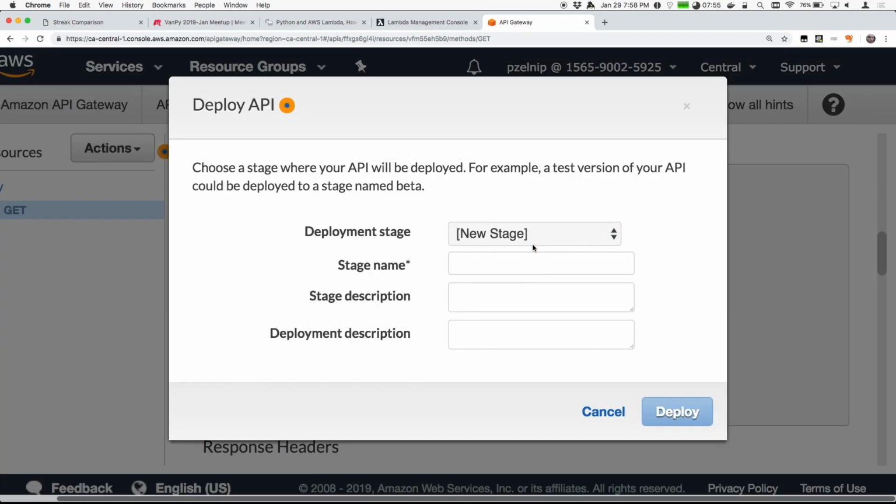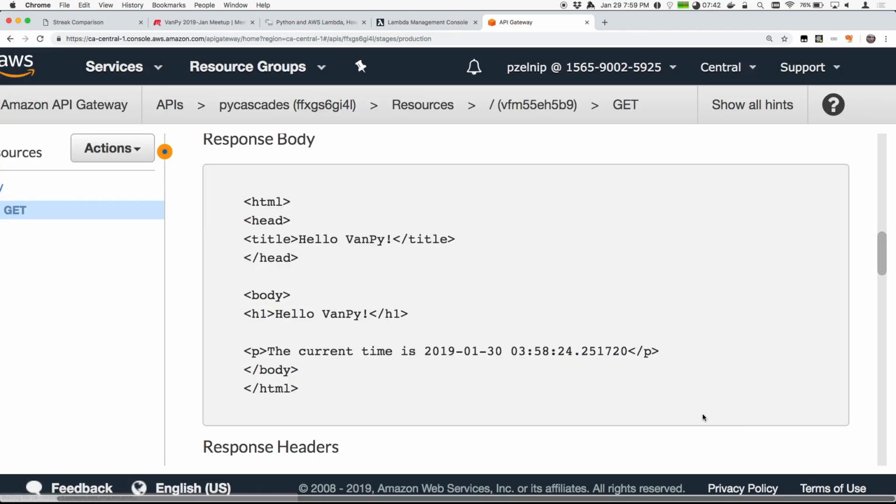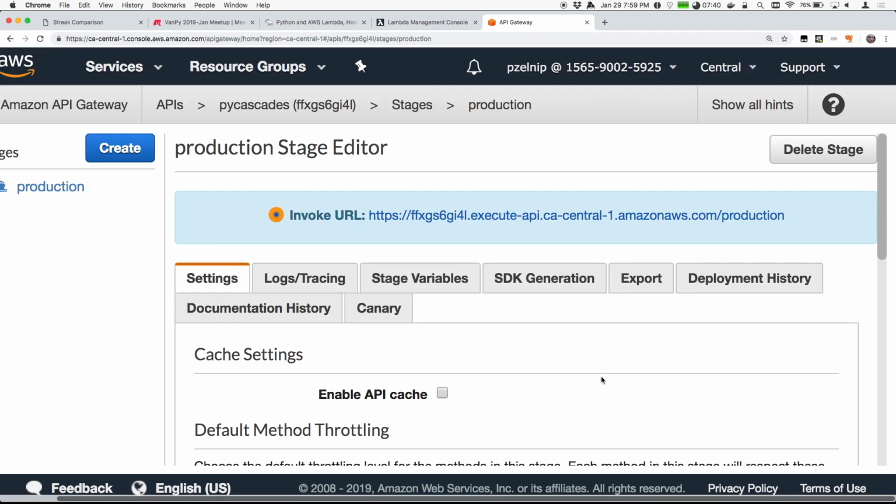And the first time you do this, you have to actually set up what's called a stage. You can think of a stage as being like an environment. Like you might have an environment for production and a different environment for, say, testing or staging. I'm not going to go through how to set all that up, but that's sort of the idea of what stages are for. But once you deploy it, there's a URL. And if I open that URL,